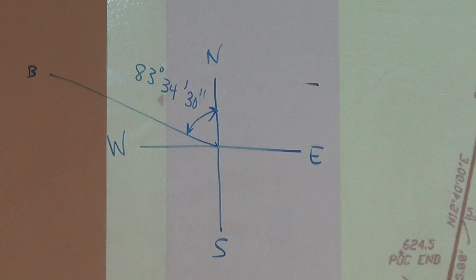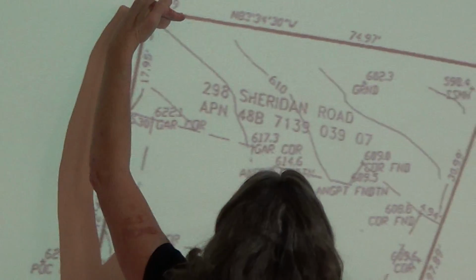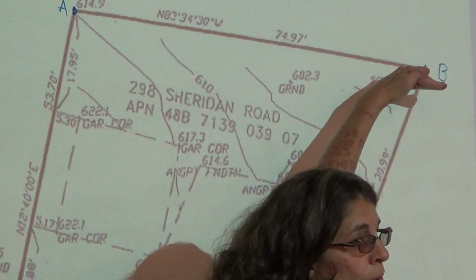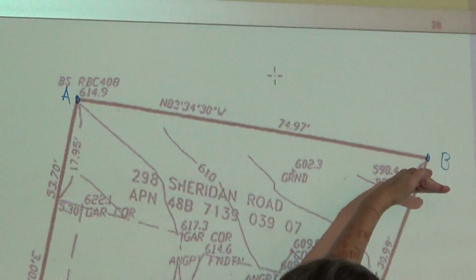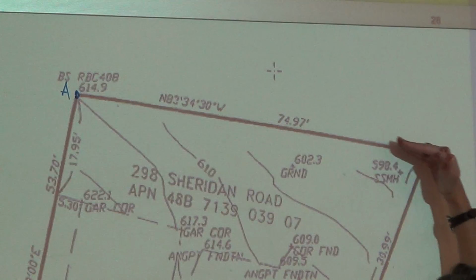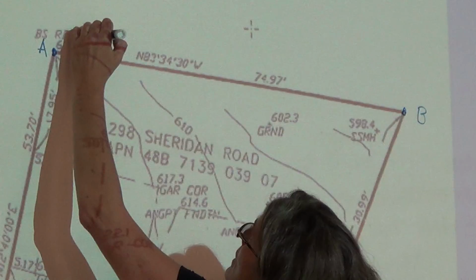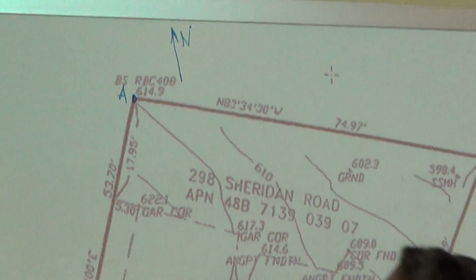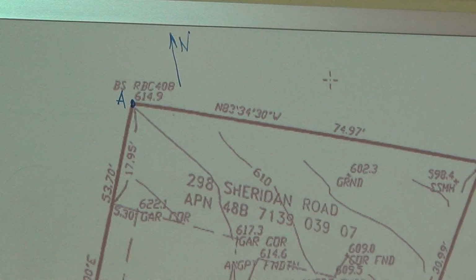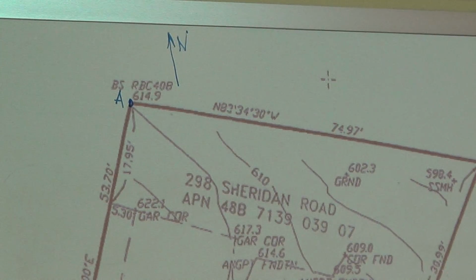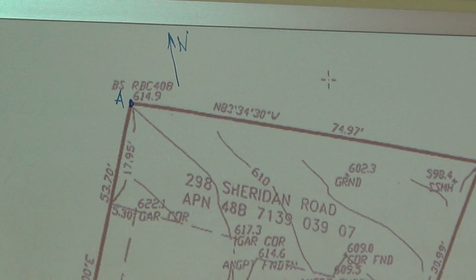So in essence, when you're looking at this line, if we have northwest, are we going from A to B or from B to A? Well, if I'm going from A to B, am I going northwest or am I going southeast? Southeast, right? If I'm going from B to A, then I'm actually going north. So where's north? Just going up. So remember what we did last